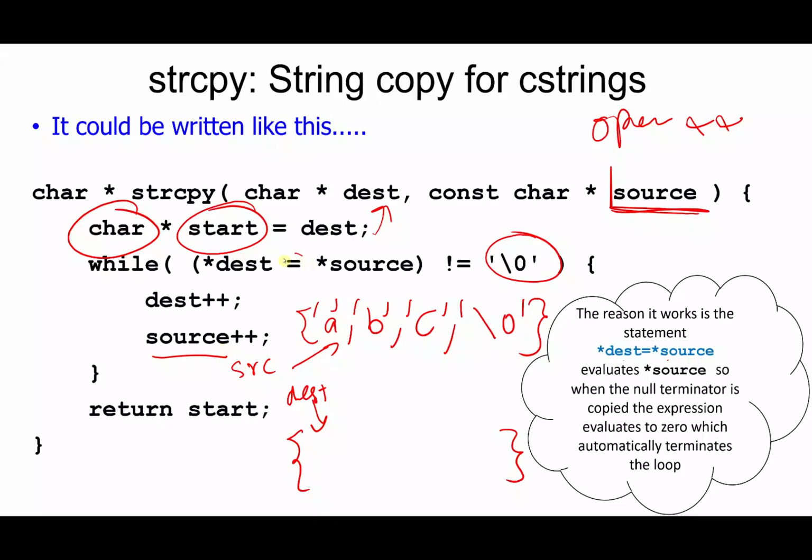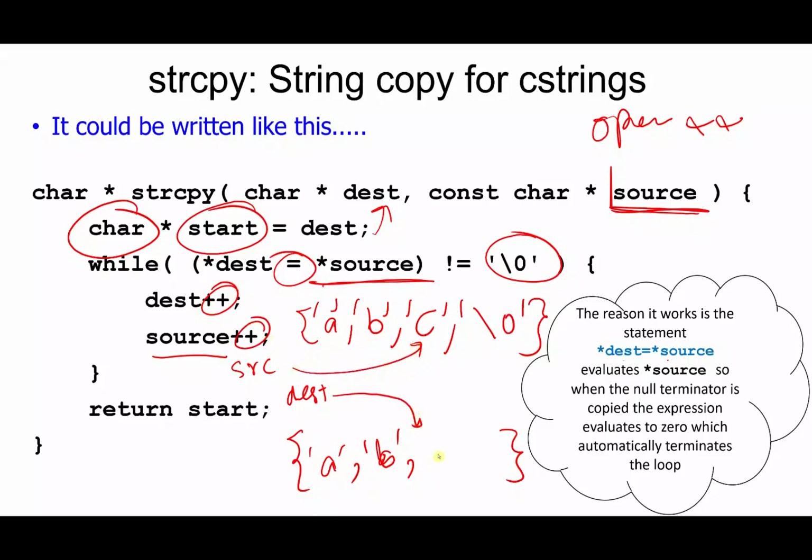Now we are saying assign where the source is pointing at to the destination, which is copy A. Then advance both. Then B. Advance both. So C. Then